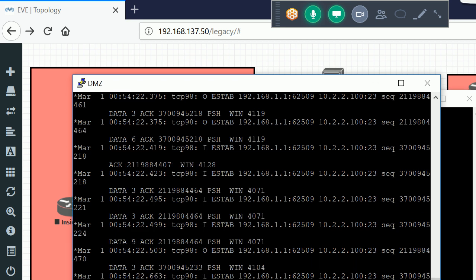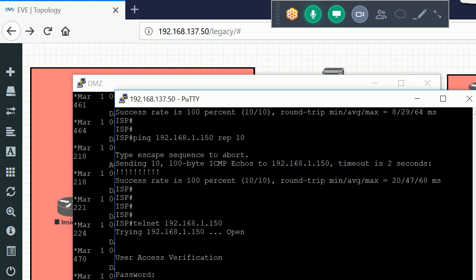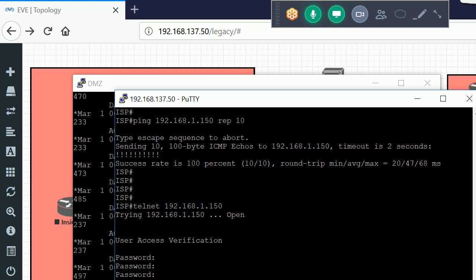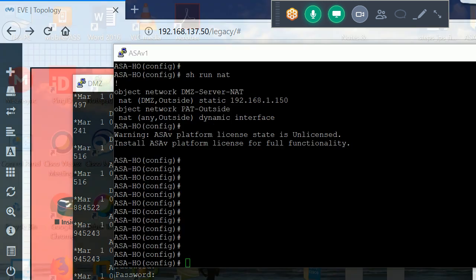But what happens now? I want to do this for specific things. Only telnet is allowed, and ICMP is not allowed. So now I'm going to configure this kind of setup by using NAT only. Okay.